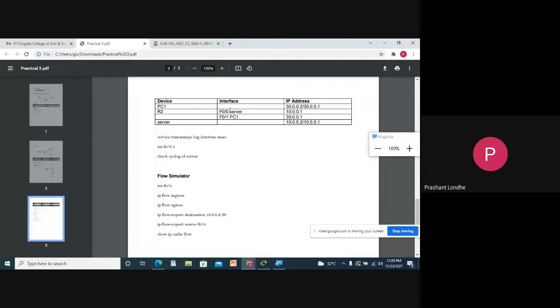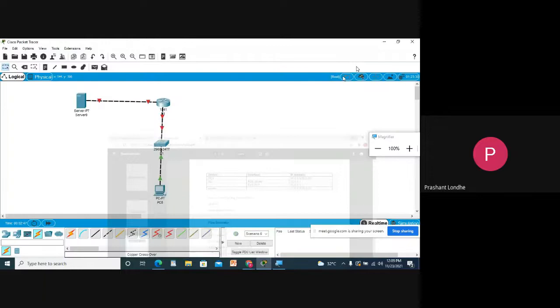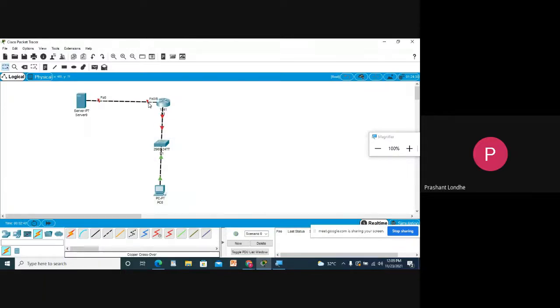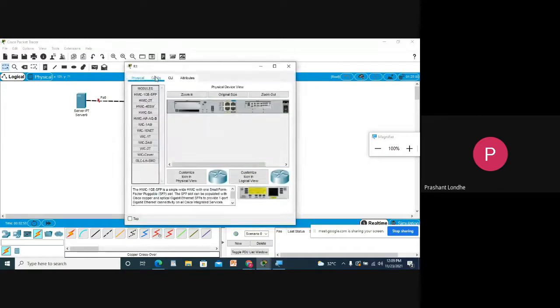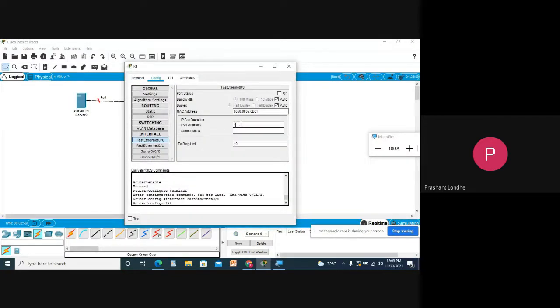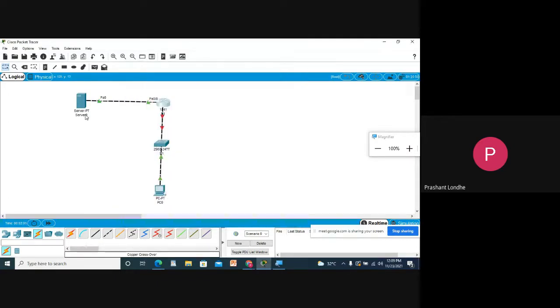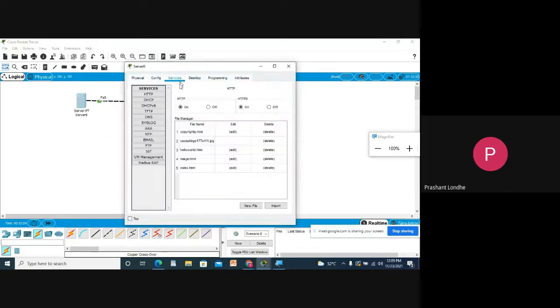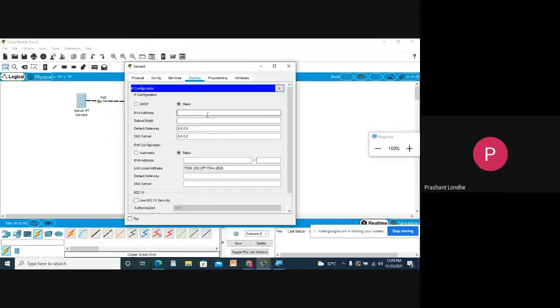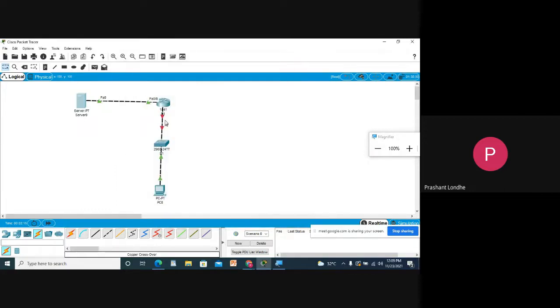R2 F0/0, which is connected to the server, will be 10.0.0.1. Here, I have connected fast Ethernet 0/0 with this server, so I will configure this according to our addressing table, 10.0.0.1, and turn it on. Definitely, we need to set the IP address of this server also. It will be 10.0.0.2 and the default gateway will be 10.0.0.1. It is converted into green.